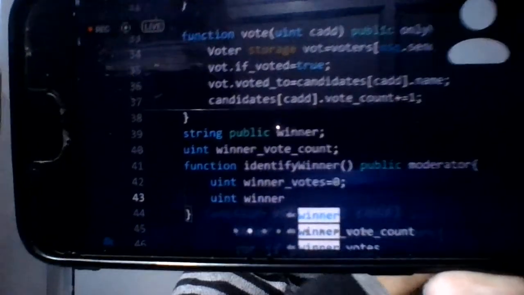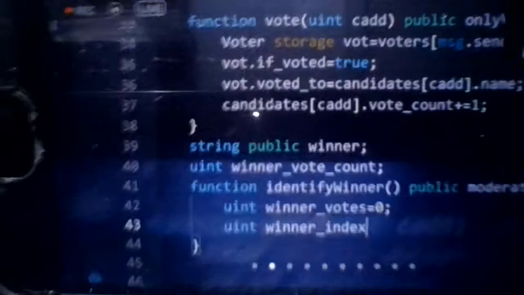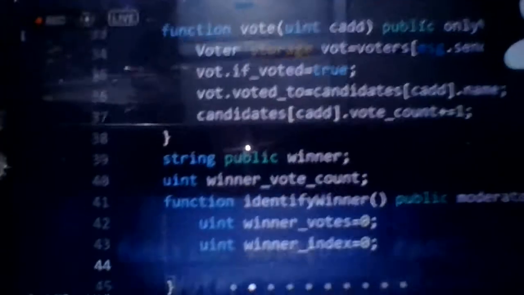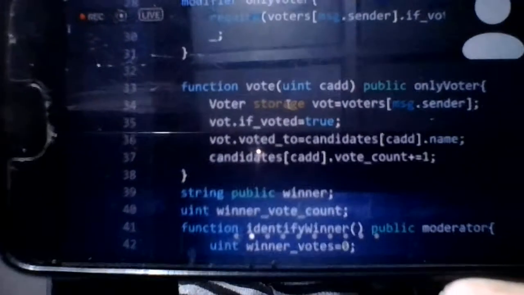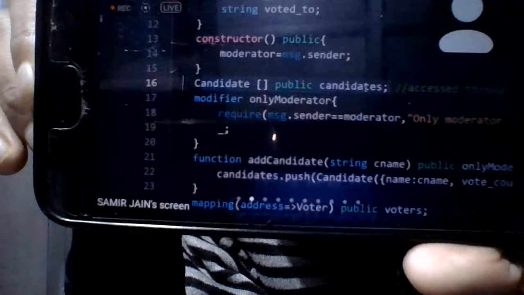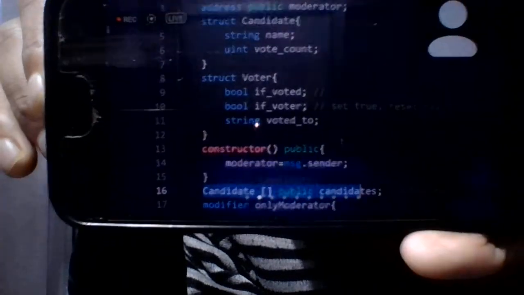So winner index, initially it will be 0. Now we'll run a loop that will be accessing the values inside this candidate array. Since there are candidates, they will be having some name and vote count, and we will find which candidate has the highest vote count.